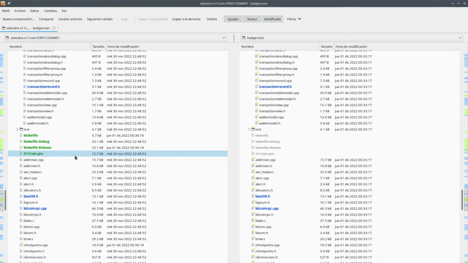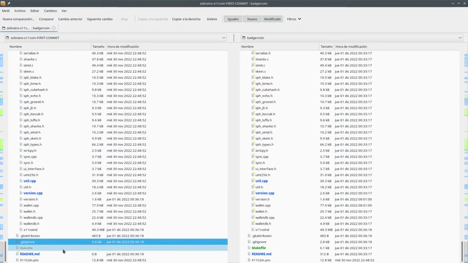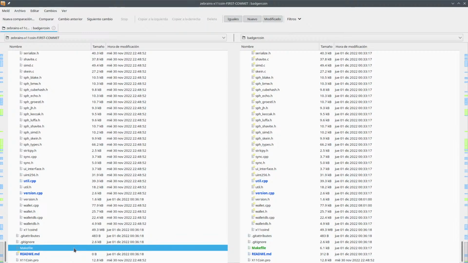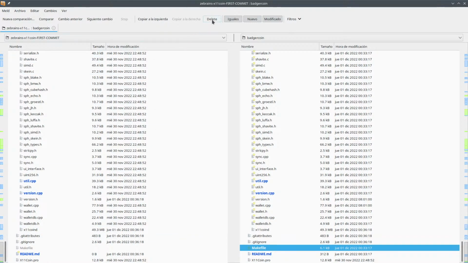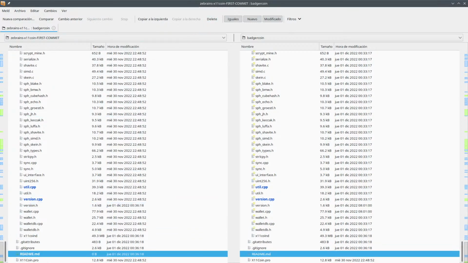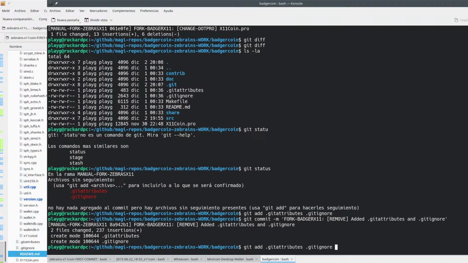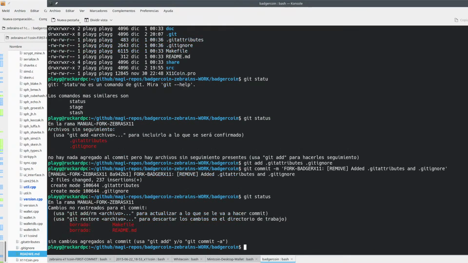Okay, and you also have this makefile, which is removed. So if you remove this makefile, okay, I think I have